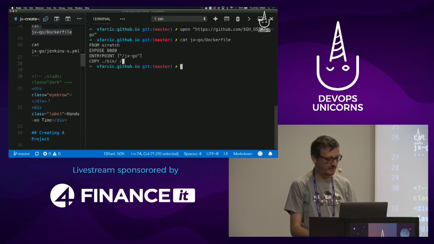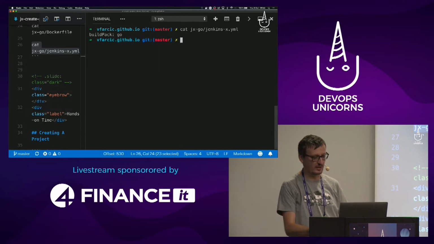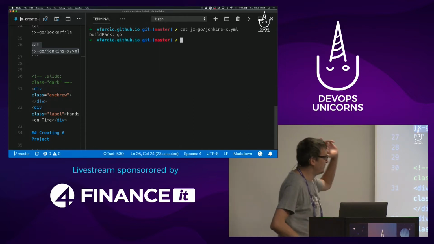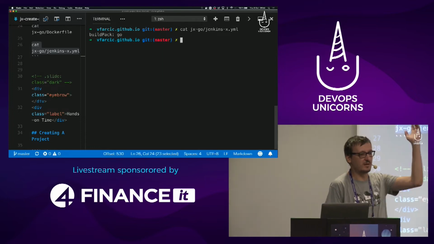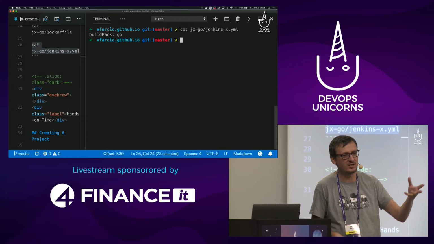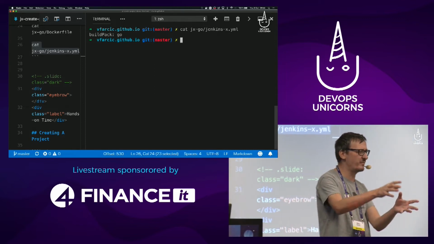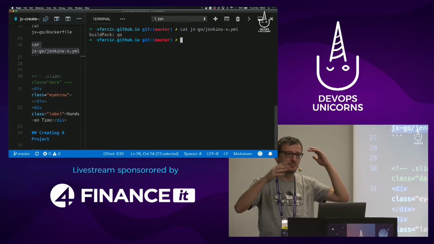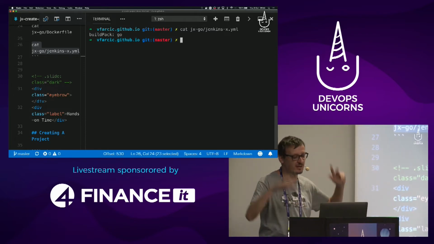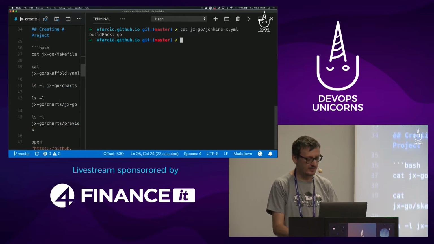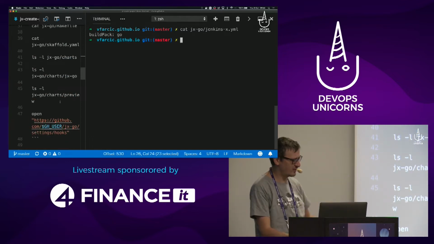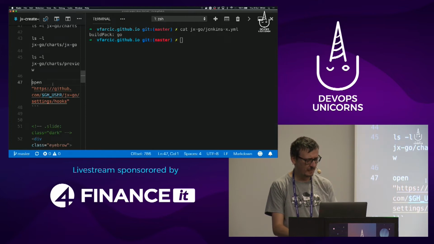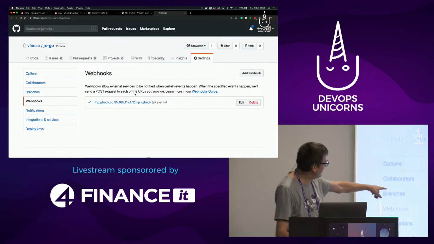It has a pipeline that defines how my project should behave when I push something to Git. And that pipeline is very simple. It says, okay, do whatever other people are doing with Go. I can extend it, I can change it, I can modify it, I can make it special for my project. But in this case, I selected, okay, whatever other people define that should be happening with this programming language, I'm fine with that. So we can continue with that, and so on and so forth. I'm going to skip showing you all the files that are there.